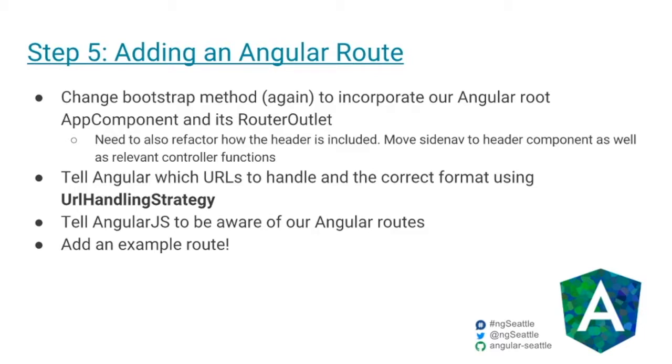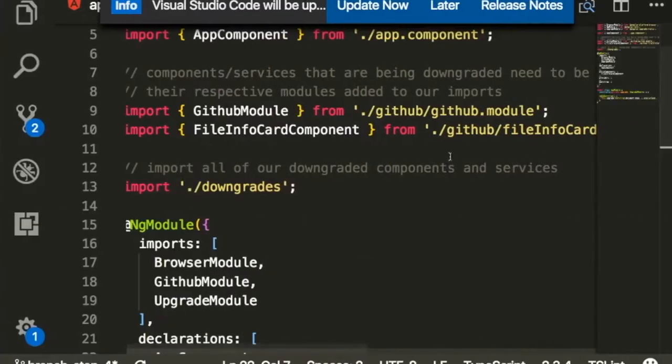I also go over, so one issue that you'll probably come across is that you have a header maybe on your site that's static throughout the whole page, and then you have a content area and then maybe a footer. So I use UI router in AngularJS, and so I was able to basically just say, load the header, load the UI view for the main content, and then right above that, as you saw in the index file here,